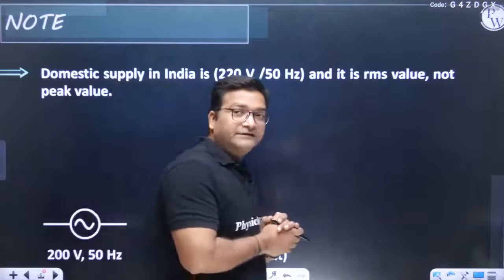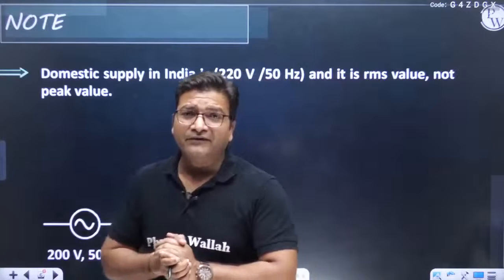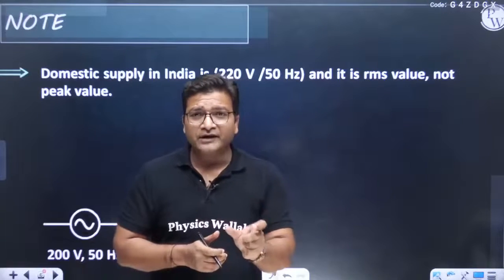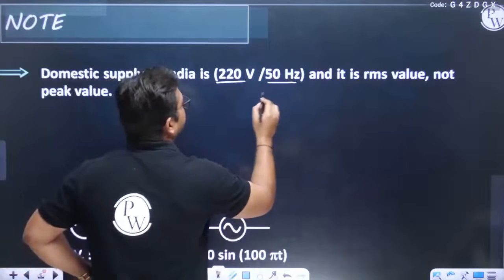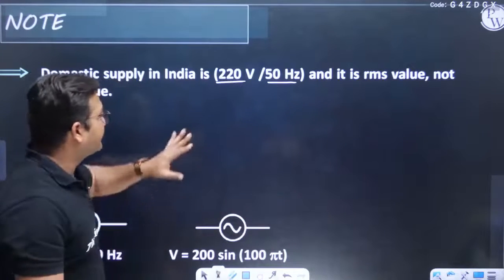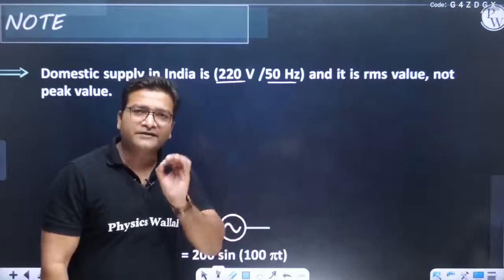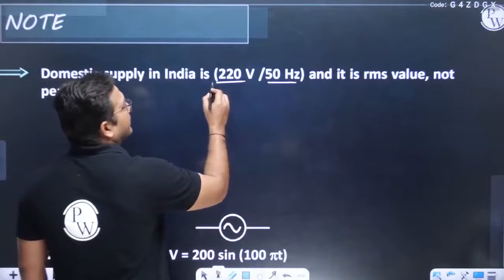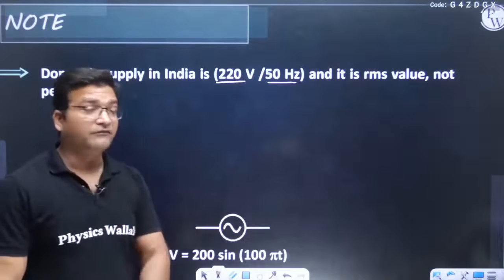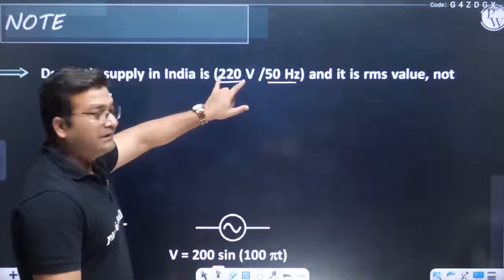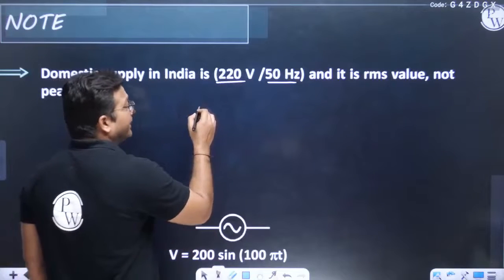And next, let us understand, actually the domestic supply that we have in our homes is 220 volts, 50 hertz. So if at some place it is written that the voltage is 220 volt 50 hertz, always remember that in this type of notation, we are always given RMS values or effective values. So 220 volt is actually the RMS value, not its peak value. If you want to find the peak value,